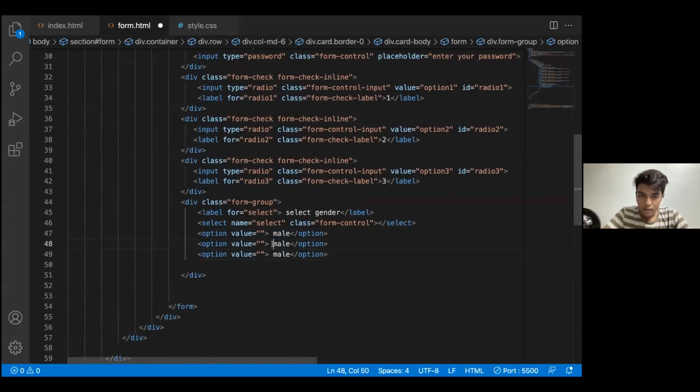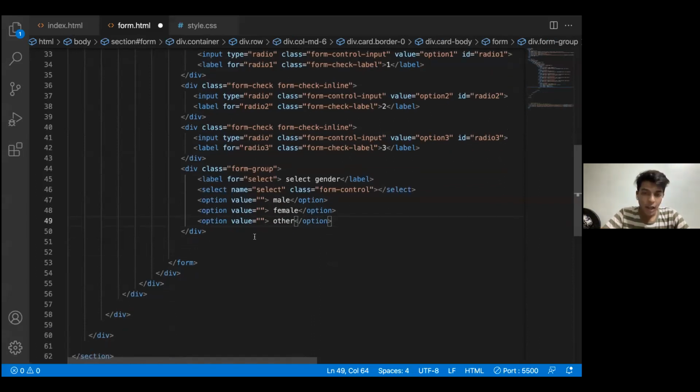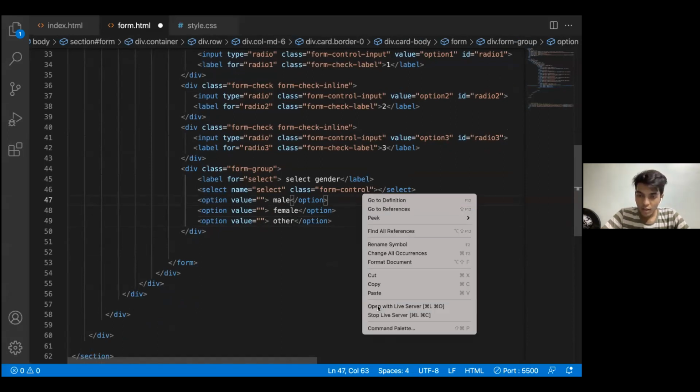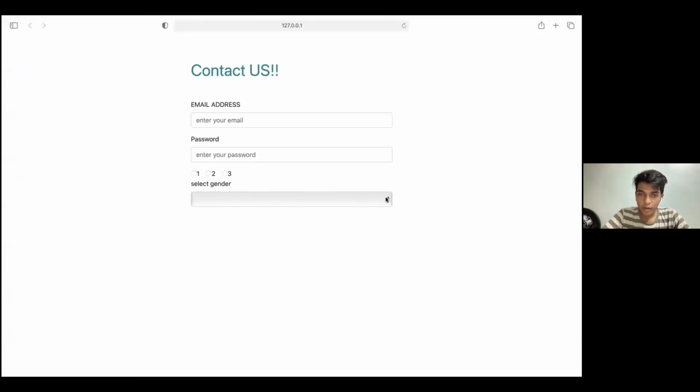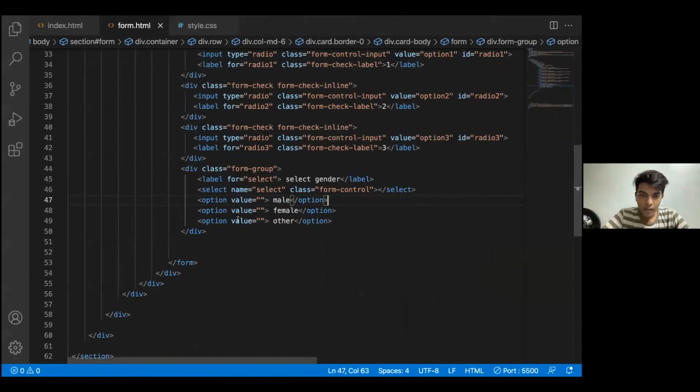So there are three genders that I can use. If there is something that doesn't work out for you guys, please don't be mad at me. I'm just writing some things out so that I can have three inputs, male, female, and others, and the div is closed. Okay, so this is something that works. So I'll open it with live server. I get a part of input. I won't be getting a part to select it out. Why? Just a second.